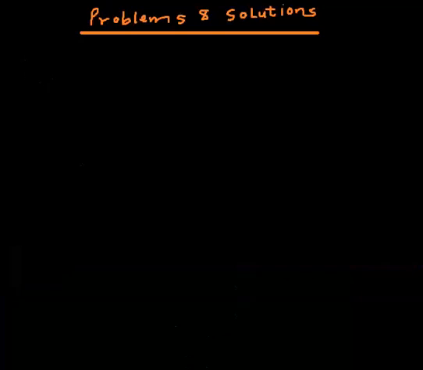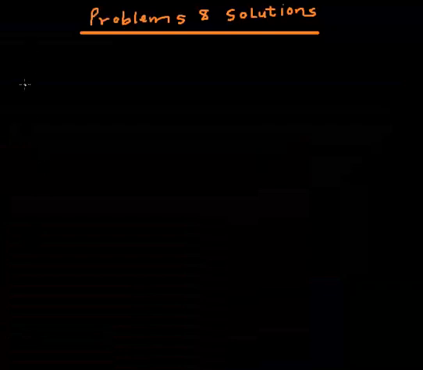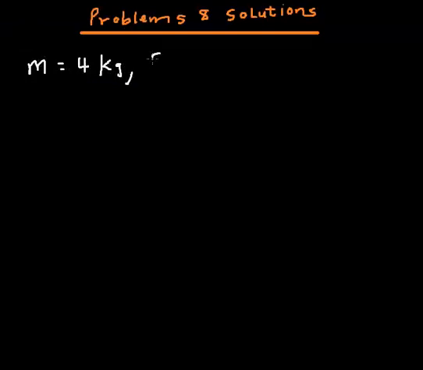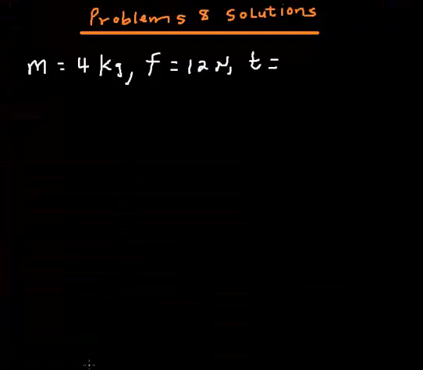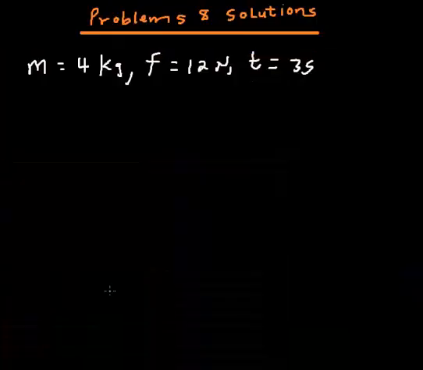The mass of this body is 4 kg and the force acting on that body is 12 Newton, and this force acts for 3 seconds. So now the question is, the kinetic energy gained by the body at the end of the time is